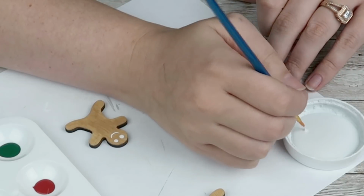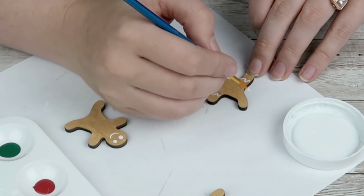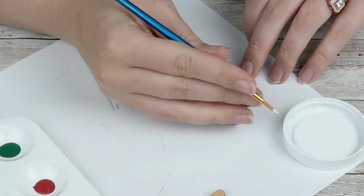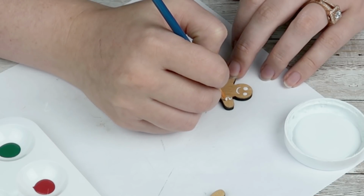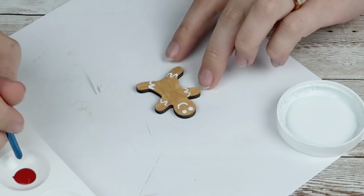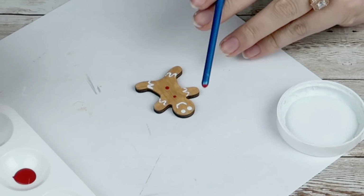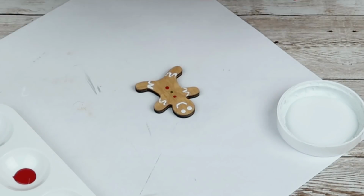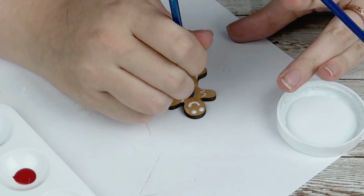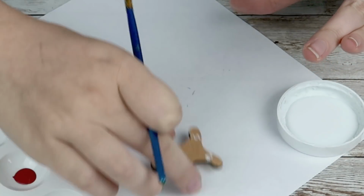So I just added my face, the eyes, and the smile. And then I added the little squiggly lines on the arms and the legs. And then for the buttons in the middle, again, I'm just taking the back of a paintbrush and some red and some green paint, and I'm just dabbing on and adding little buttons to the middle of my gingerbread men. And then eventually I did go back in with a little dot of black for the pupils of the eyes,